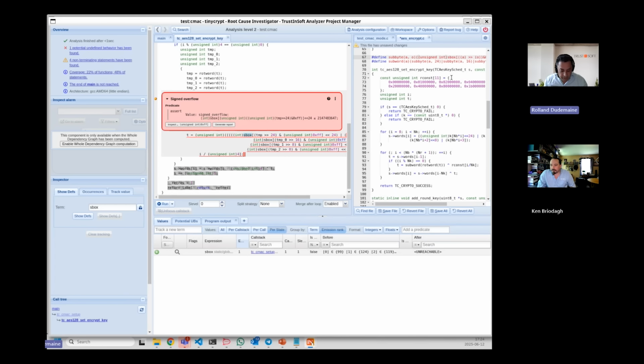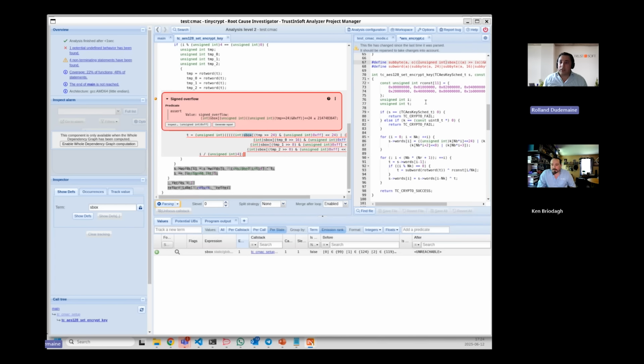Again, not something very easy to see the first time you discover the code, but ultimately this is the kind of bug that is pretty hard to find, because the typical compiler will not warn you for that. The typical static analyzer will not warn you for that, but it can really bite you later on if you do it wrong.